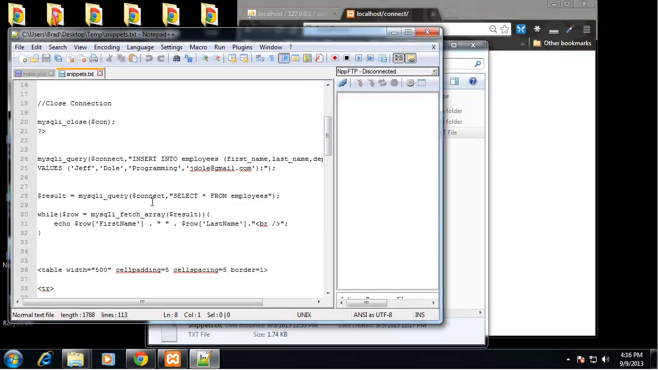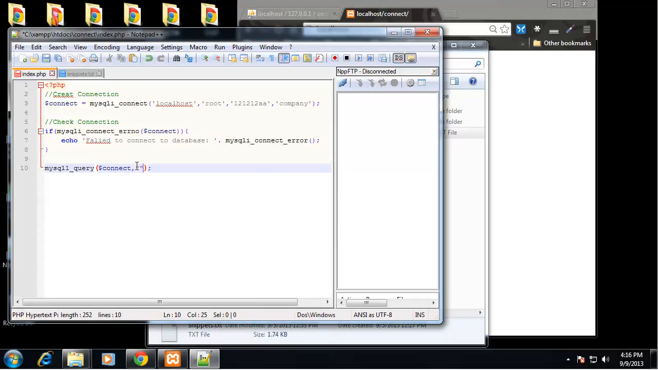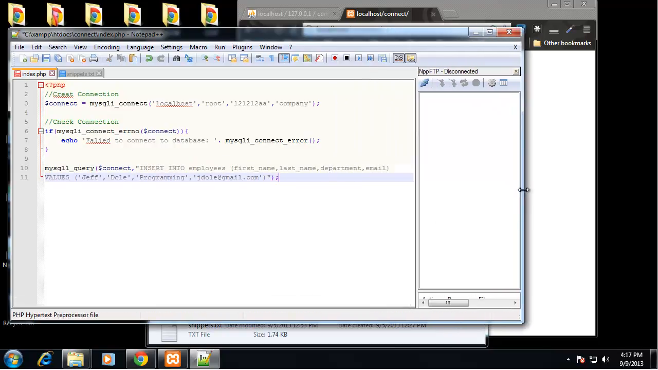Alright, so I just want the query. Now what we put here, this query, is the same thing as if we were typing it into the SQL window in the phpMyAdmin interface like we did in the last section. So we're saying insert into employees. We want to insert first name, last name, department, and email. And we're inserting these values. Jeff Dole, he's in programming, and his email. Alright, so if we save that